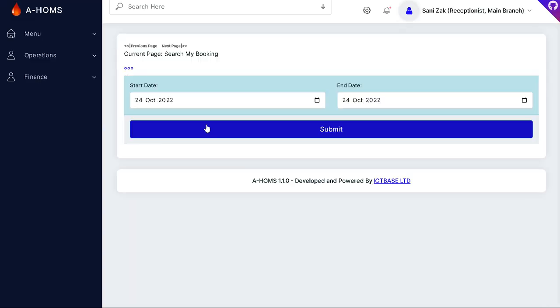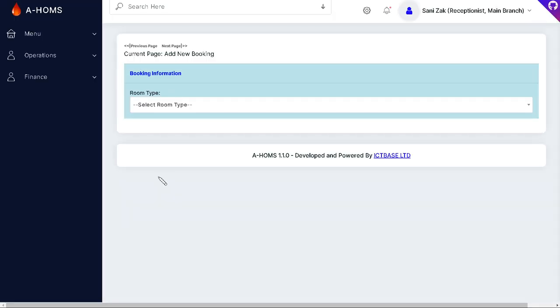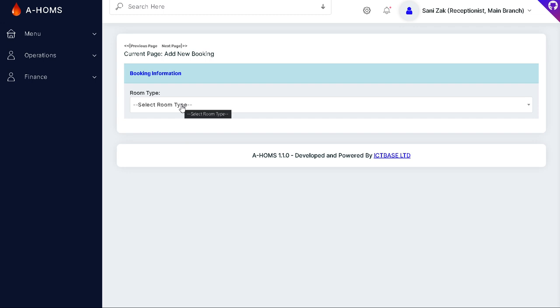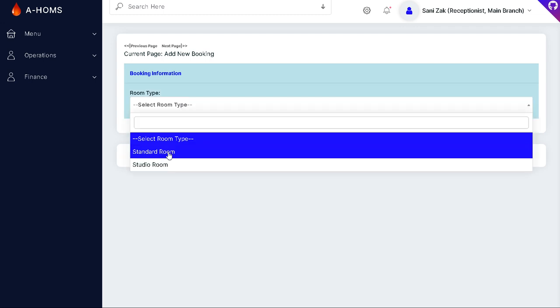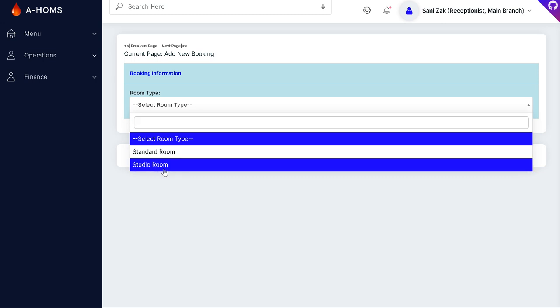How about when he or she wants to book a customer in? He simply goes to this three dot and clicks on add booking. All right, this simple form appears asking you to select the room type that you want to book the person in. So you click here and click on standard room or studio room or any of the rooms